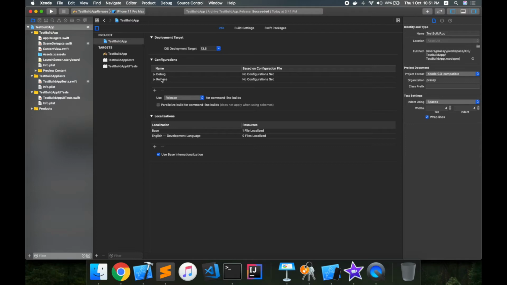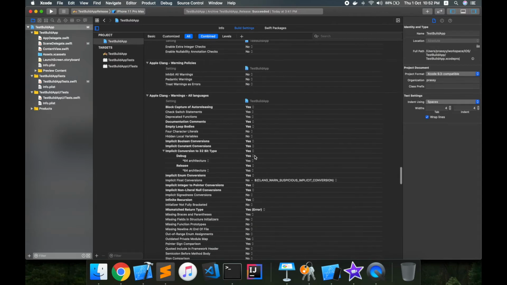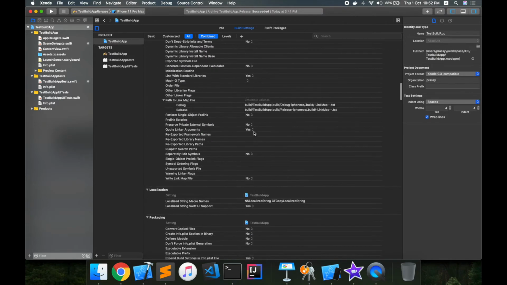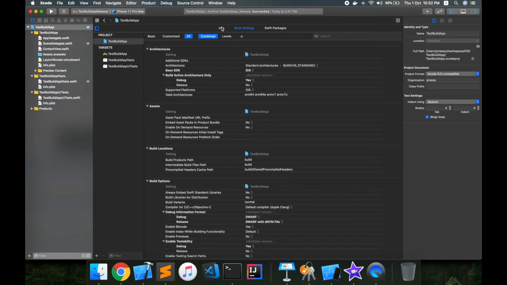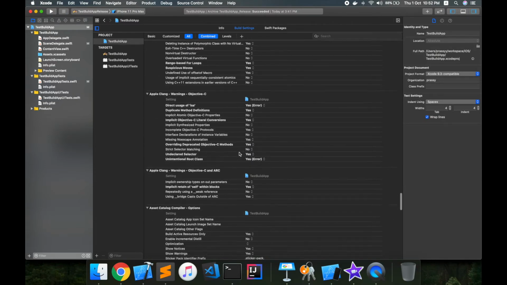But why debug and release? As we just saw, if you look into the build settings tab, you'll still be able to see a lot of build settings which can be configured for each of the build configurations. But if you think about it, it is incredibly hard for an iOS developer to learn and understand what each of these build settings are, even after years of being in iOS development.